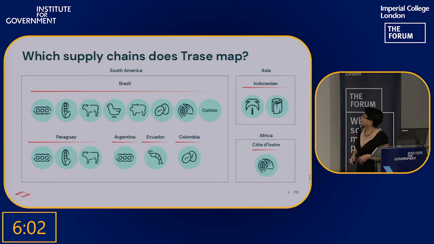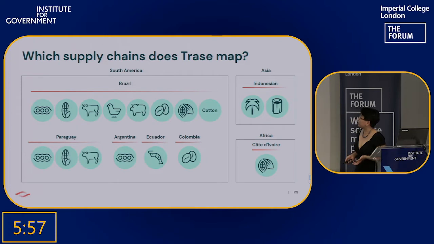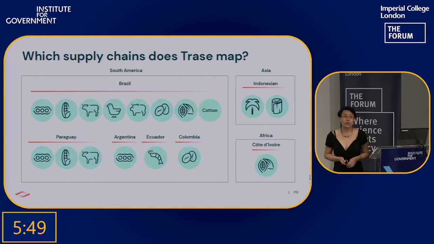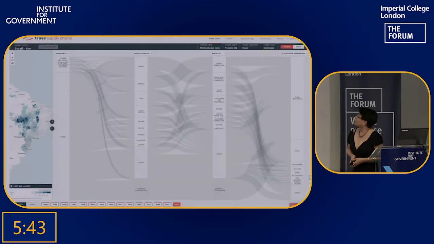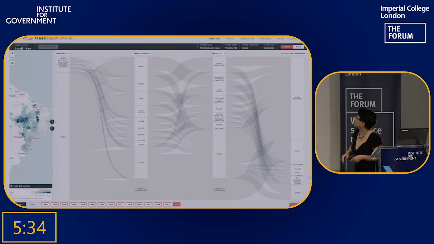We have mapped, as of 2021, over 60% of the global trade in forest risk commodities, by which we mean tropical forests, because obviously there are also other forests, but our focus is on tropical forests. And you can see a selection of the particular commodities and the areas of production that we have mapped on this slide. So when we say we map them, what we then do is we produce various data products and visualizations that enable us to represent and understand these supply chain flows.